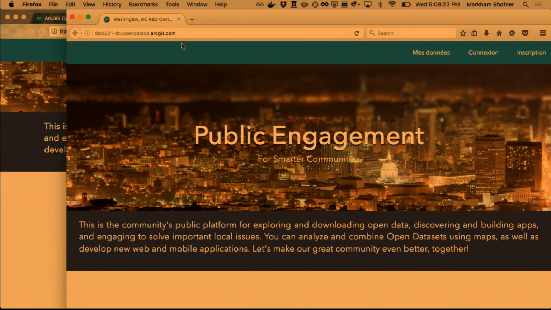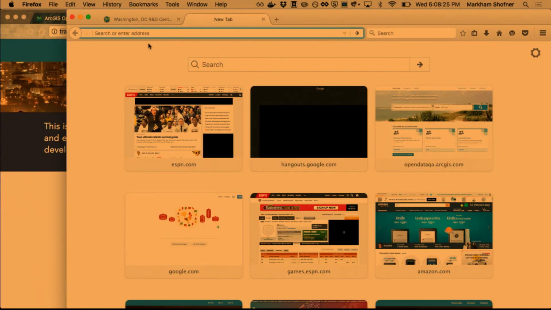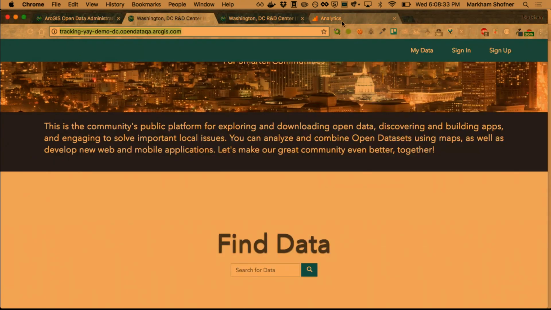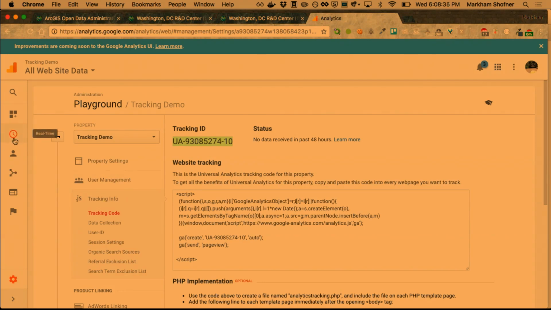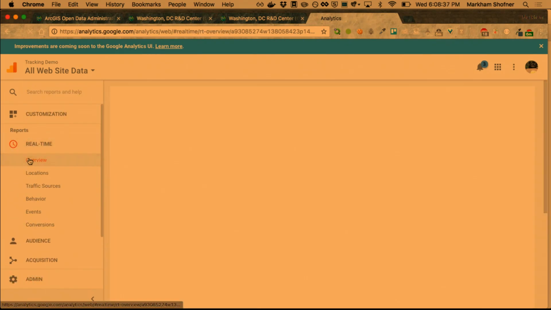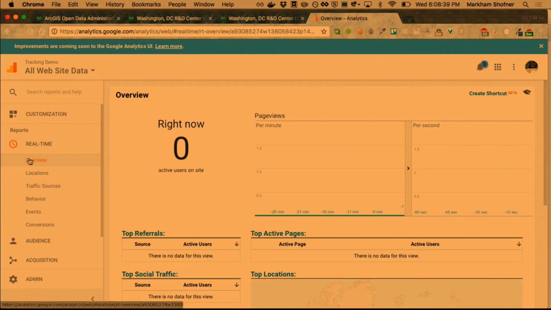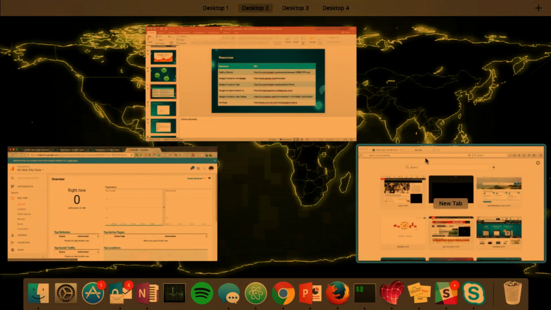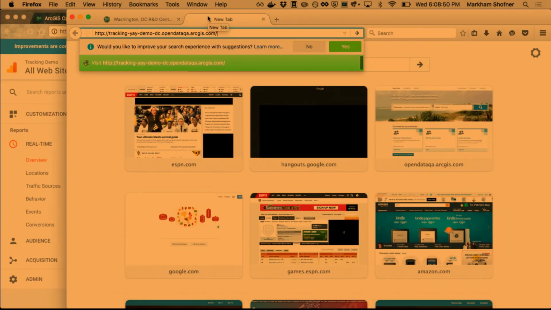But what do we want to know? We want to know who's using it and how they're using it. So I've just grabbed that URL of a site that I just made. I'm going to plug it into a different browser so the session is seen as different. And Google Analytics will be able to recognize that I viewed it. So once more, for all the money this time, let's go to the Overview tab in Google Analytics. And it looks like nobody has ever gone to that site, which makes sense because it was just made in the last 2 minutes. But I'm going to navigate here from Firefox,